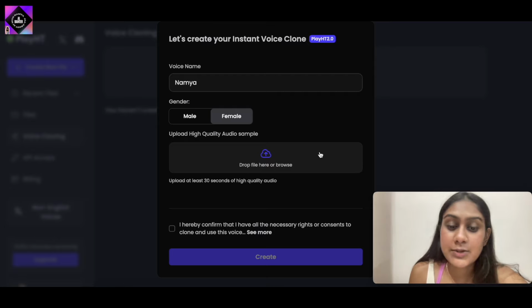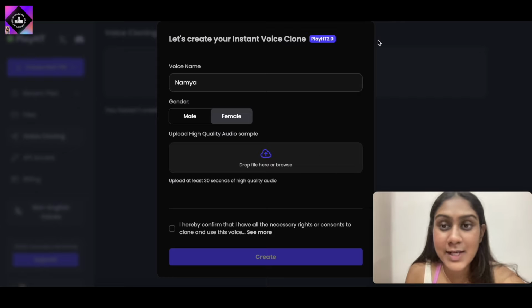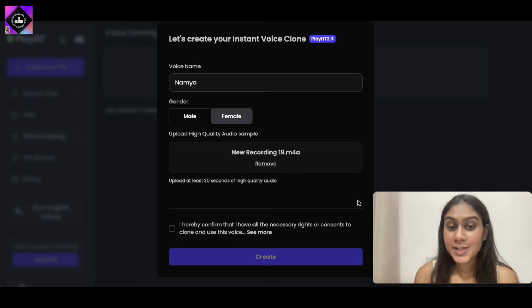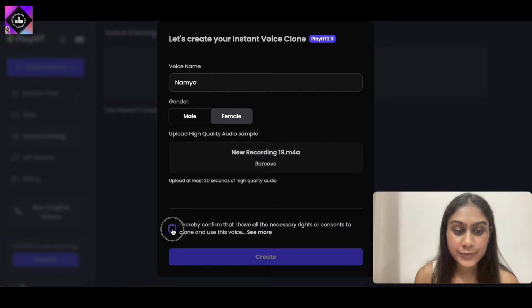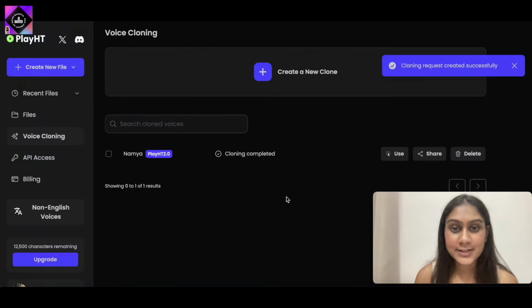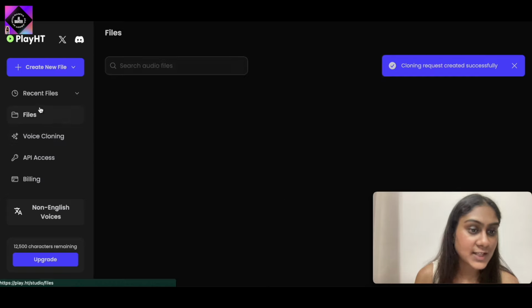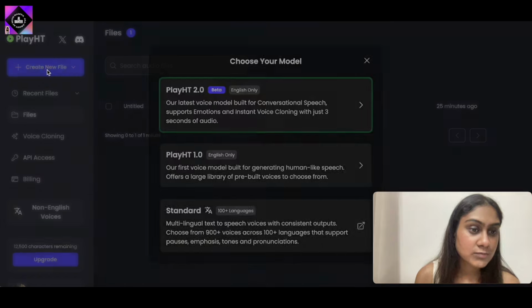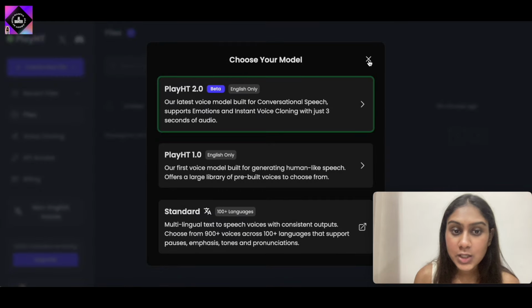You can literally read any kind of paragraph from Google or from any book and upload it here. So now let's go ahead. So now I have put up my recording, and we just need to confirm and click on create. Now let's see if our voice is added. So yeah, our voice is finally added, and now we need to click on